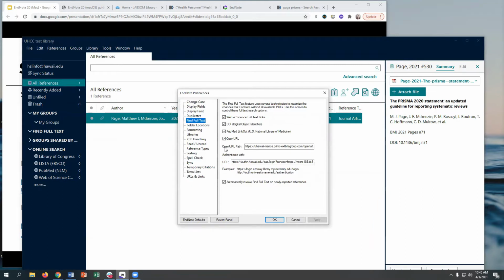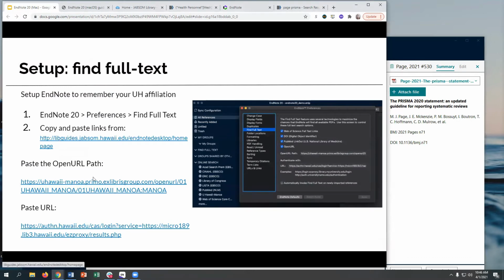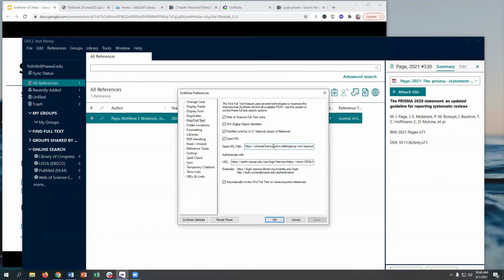So find full text, and then you probably have 2 blank URL paths right now. So the open URL path and the authenticate with URL, this is what we need to fill in. On the slides, you can link directly, or you can copy and paste out of the slides. So you'll copy this first open URL path,